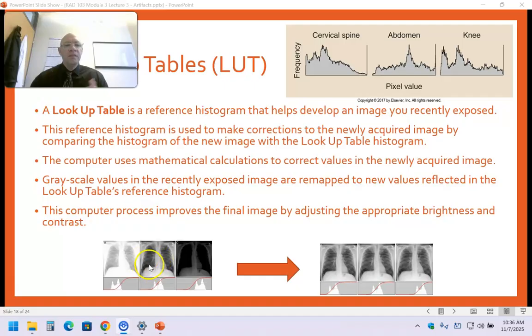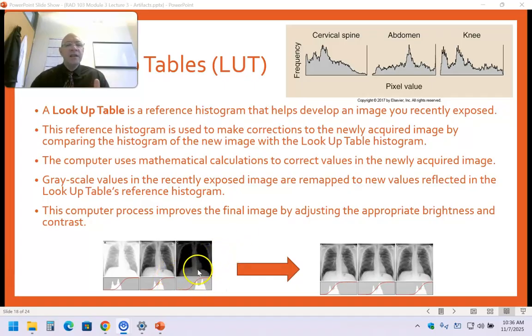Again, we'll skip this because this one's perfect. But here is overexposed. So I've got too many blacks, too many dark shades of gray in my image. And so you can see that my histogram is mostly represented with the shoulder and the dark shades of gray of my straight line. So what the computer is able to do is say,